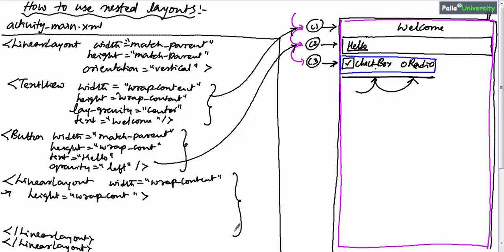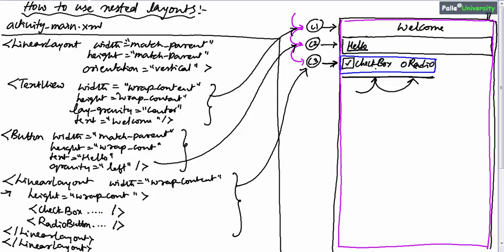So now this is pointing to the third child. Now again within that child you have two more elements. First one is checkbox. So I should take a checkbox with width wrap content, height wrap content, end of checkbox, and just beside checkbox we need a radio button with width wrap content and height also wrap content and end